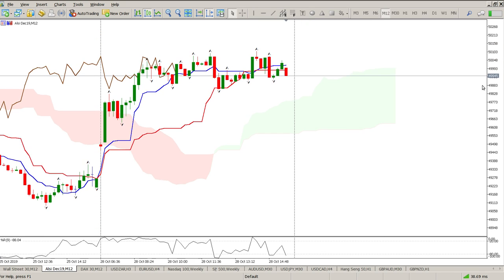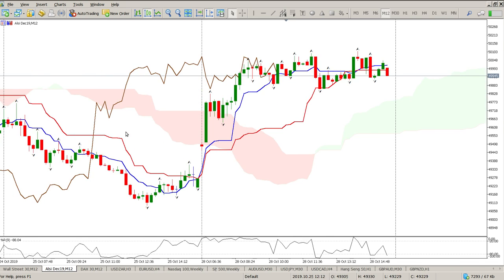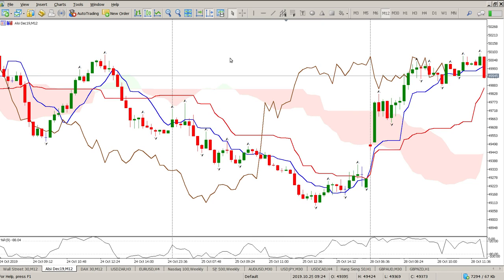Okay, now I'm just going to start with a 12 minute here, because on the Ichimoku this is always a pretty interesting scenario. So the 12 minutes, you can see how we break through the cloud here and then hover on the cloud. What I find is that the 12 minute is a very good indication of what's actually happening. So on Friday, you can see the rejection of the cloud here, and we're under the cloud,